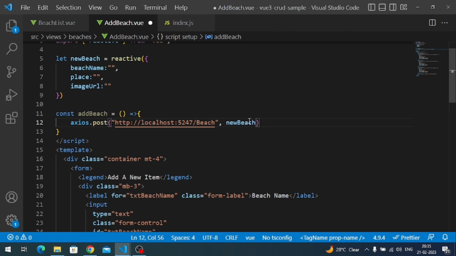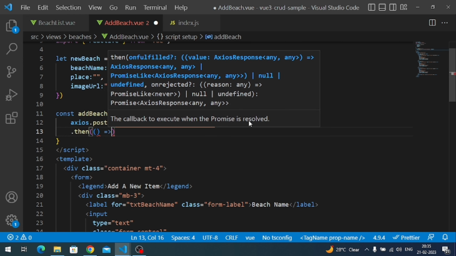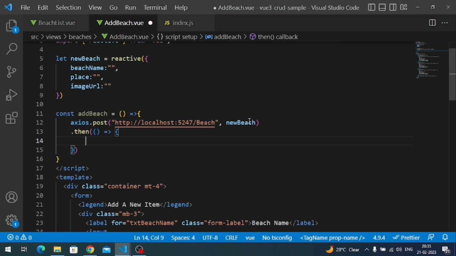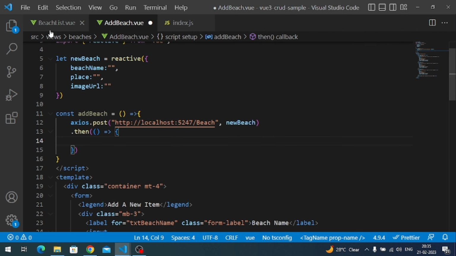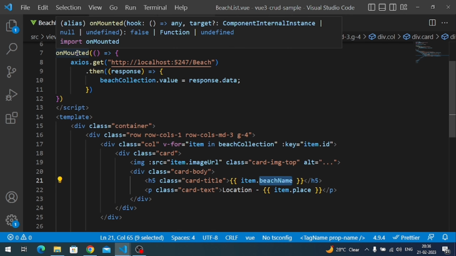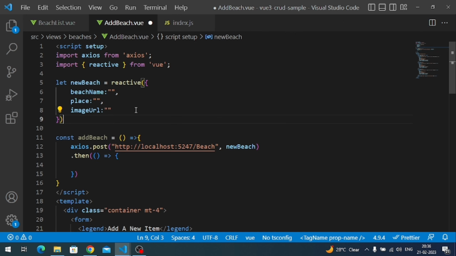Okay, so on success, once data is posted and my API call is success, I want to navigate back from my add form to my beach list. I want to navigate from this component to this component. To navigate from one component to another component, we can use